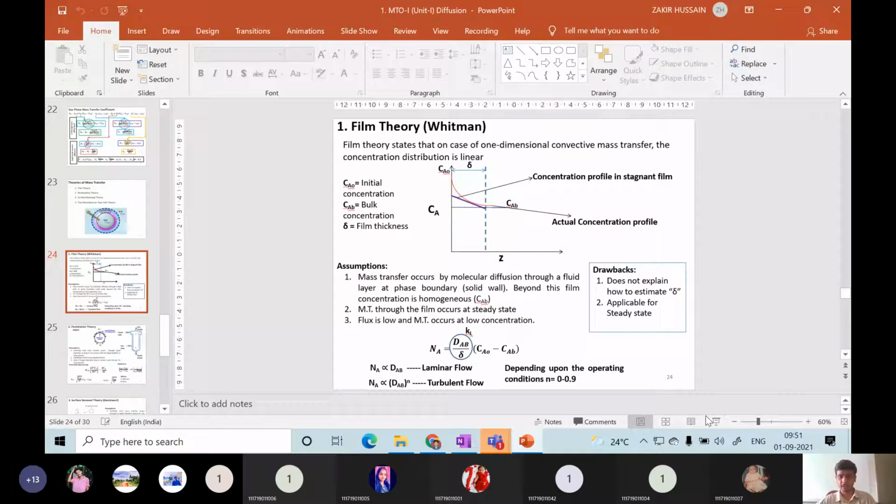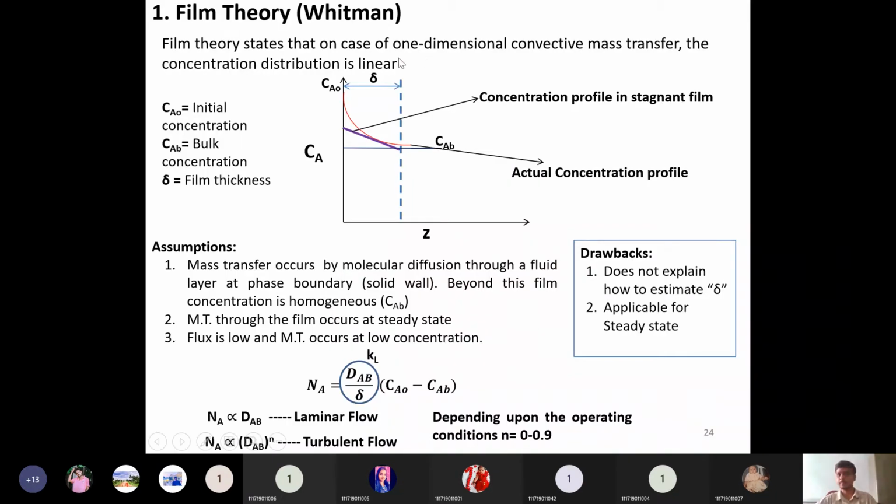Penetration theory. So what is this penetration theory? Now see the film theory. I have given you the explanation. What is this film theory? What is that graph? And these drawbacks are there, and the assumptions. The final equation I have given here. Okay, you can go through this slide. If you want further explanation, or if you are in confusion, you can ask me if you have